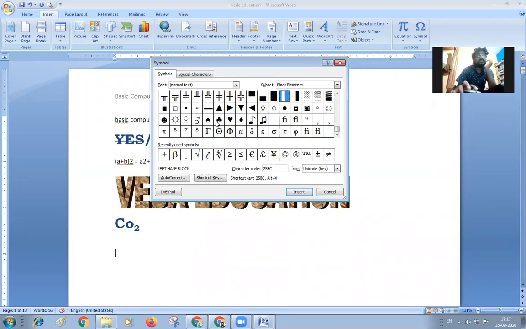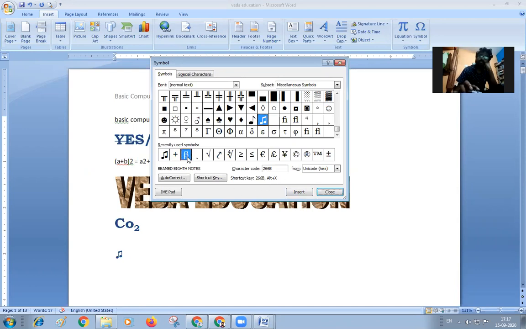If you are doing some problems on playing cards, you can use these card symbols, and there are music symbols too. All symbols will be available, and you can insert them. If you want to insert a symbol, select the symbol and click on the insert option. The symbol will be pasted at the place where the cursor is.